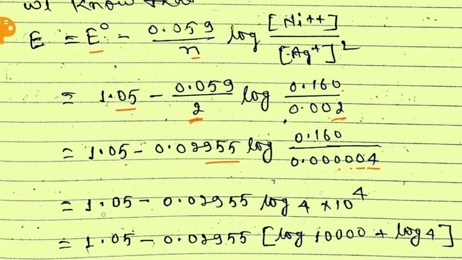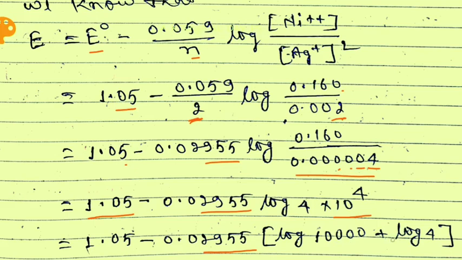It is equal to 1.05 minus 0.0295 log 4 into 10 to the power 4. After solving it, we get 4 into 10 to the power 4. It will be equal to 1.05 minus 0.02955 log